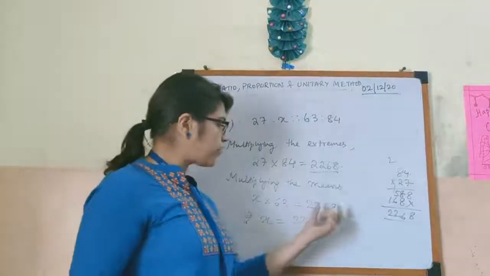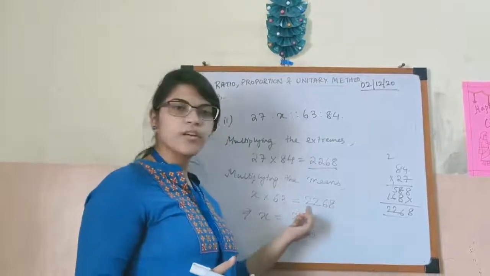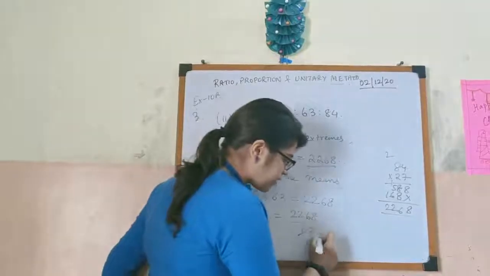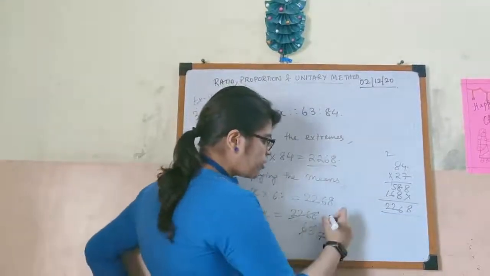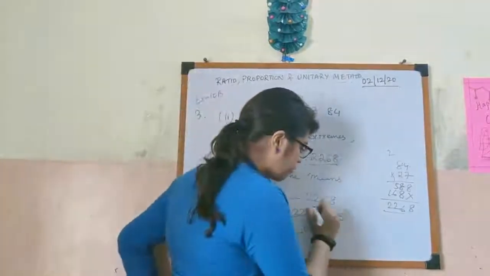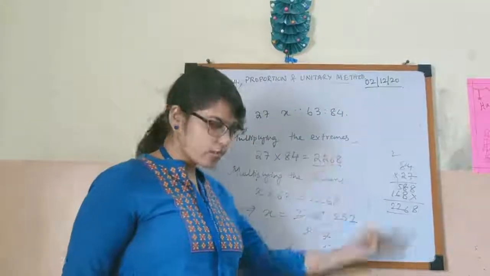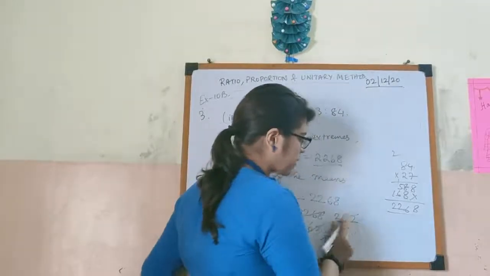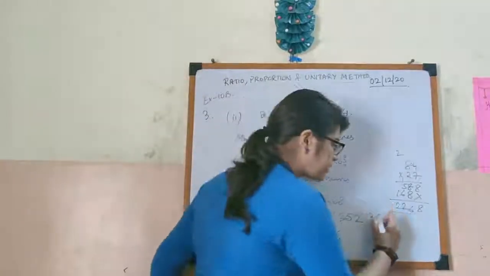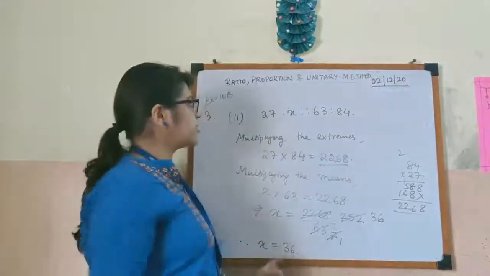Now, if you add all of these numbers, 8 plus 2 is 10, 10 plus 6, 16, 16 plus 2 is 18. So that means you can divide this number by 9. So 9 7 63, and this number by 9 gives us 252. Now if I divide this with 7, this will give us 7 3 is 21, then 42, 7 6 42. So therefore x is equal to 36. So this is our second term.